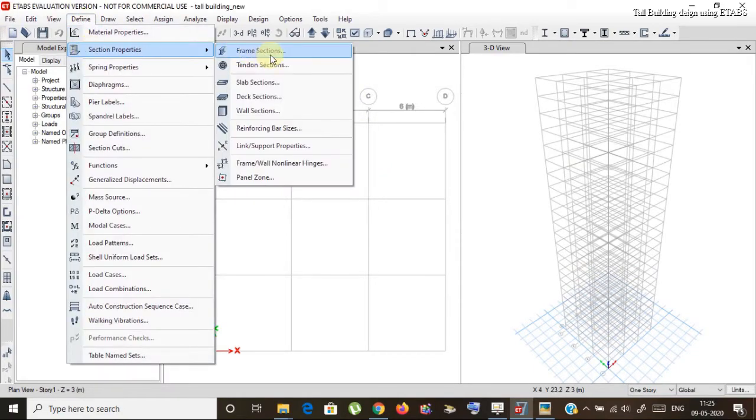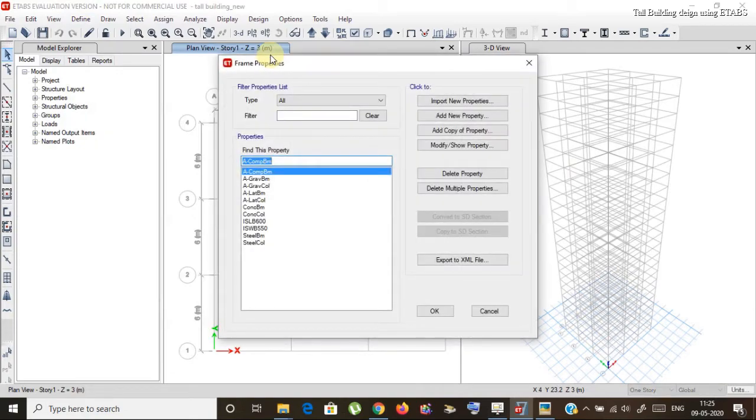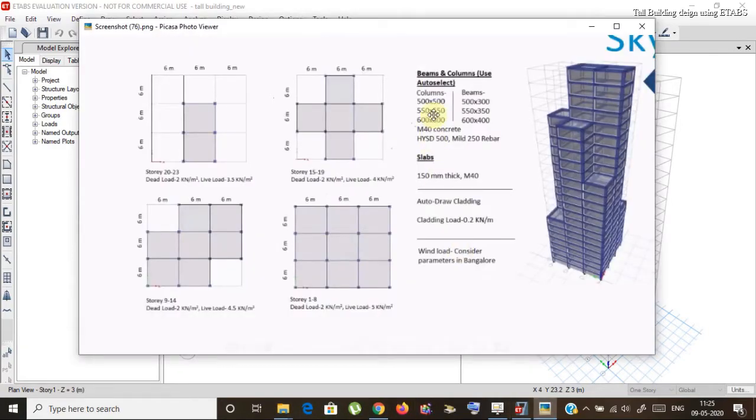this window. Now in define, in section properties I will click on frame properties and defined column sections will be chosen. What are the column sections that are told? 500 by 500, 550 by 550, 600 by 600, and the beams 500 by 300, 550 by 350, and 600 by 400. I will just take some values more than these values that are given over here